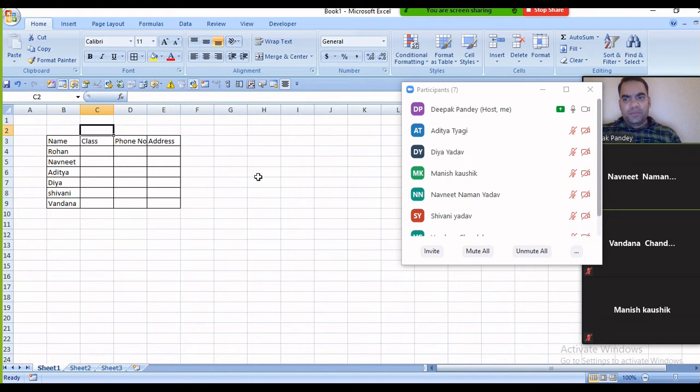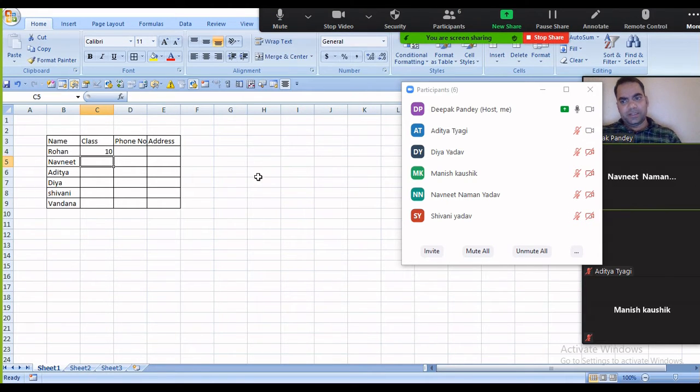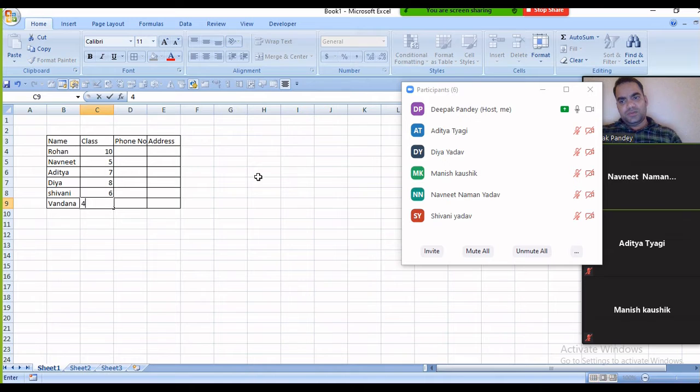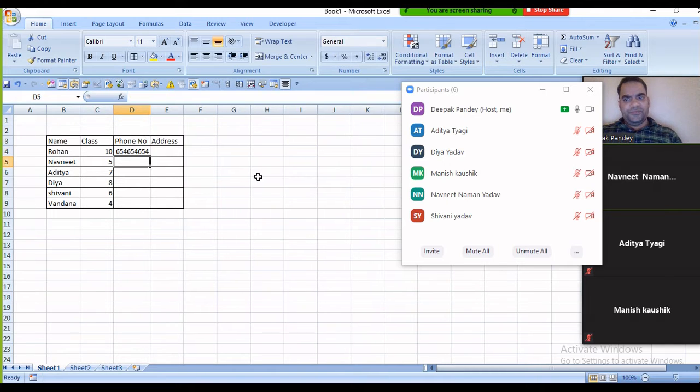These are the names we have inputted, and let's enter the values for the class. Enter the values for phone number, some dummy entries.